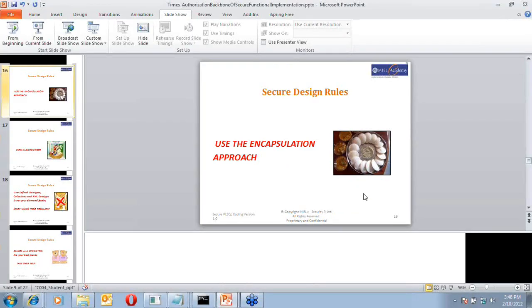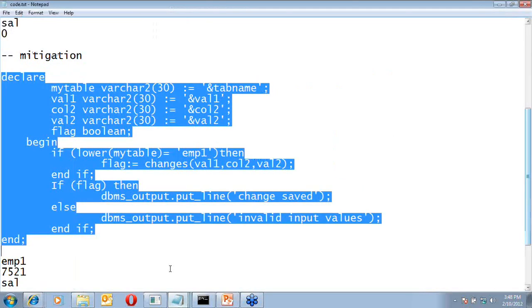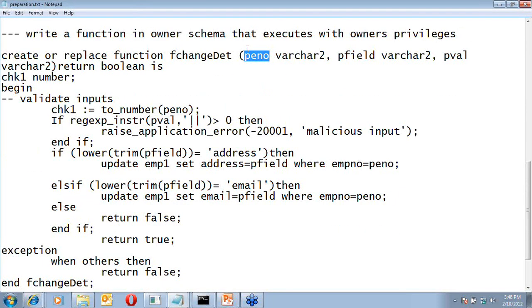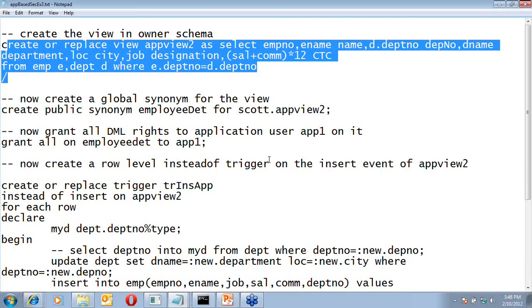All this you can very well encapsulate into these kinds of routines which you can create on your owner schema. And you can purposely put in altogether different names for the parameters. You may add dummy parameters. As a parameter, some value is passed which you process, perform some arithmetic or logical operations on it, and then actually process some table. Your front end is thinking it's a single table on which it is passing on the data.